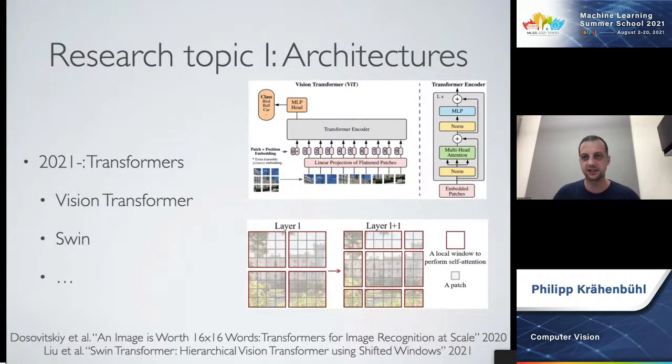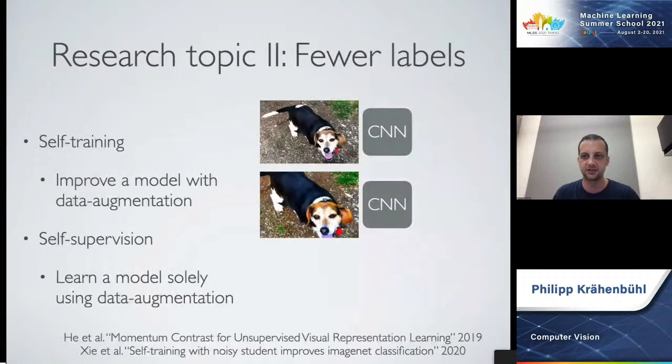Now, the other very active area in the classification or image level tasks has been self-training and self-supervision. What self-training does is it says, well, maybe we shouldn't just train on the labeled images that we have. Maybe we can use additional unlabeled images to improve the model. A popular theme there is to use a clean image to supervise the network on an augmented image.